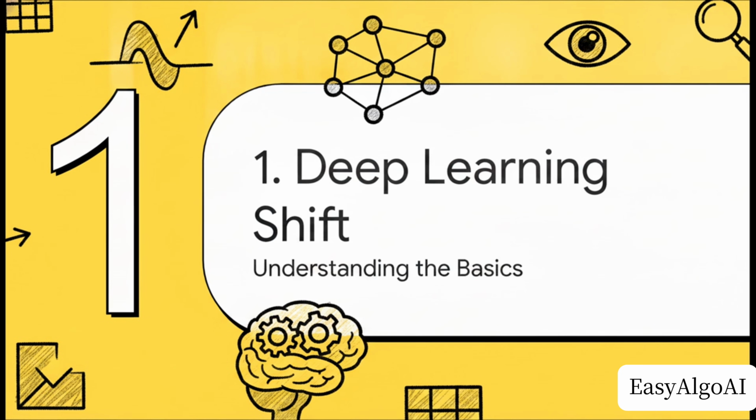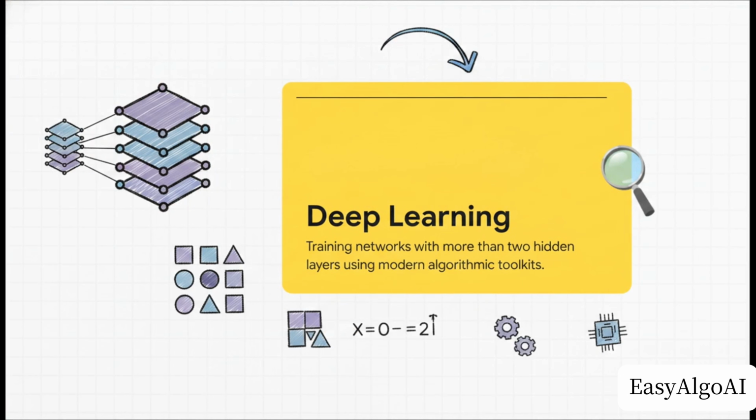The deep learning shift. Let's ground ourselves in what this term actually means before we tackle the visual side of things. Okay, so the phrase deep learning gets thrown around constantly, right? But the actual technical definition is surprisingly straightforward. It's not magic. It's literally just a neural network that has grown to have more than 2 hidden layers. For a long time, the machine learning community really struggled to train networks this deep. So today, the term practically refers to utilizing modern mathematical toolkits to solve complex problems, regardless of the exact layer